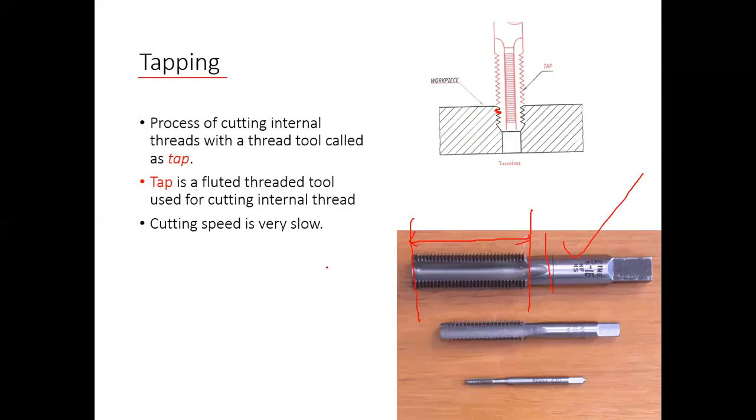Normally in tapping, the cutting speed is even lower. If you see in our counter boring as well as boring, the speed of the drill is half. In tapping, the speed of the cutting tool is still lesser. Why? Because you are making a thread, keeping and removing a very small cross section of the material. If you go very fast, these projections may get damaged. That's why we normally perform tapping at very slow speed.